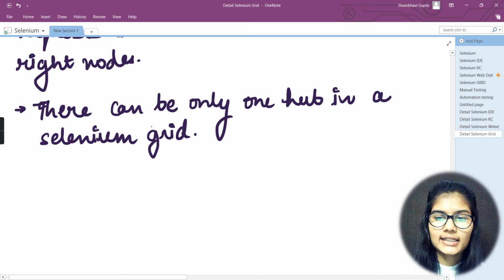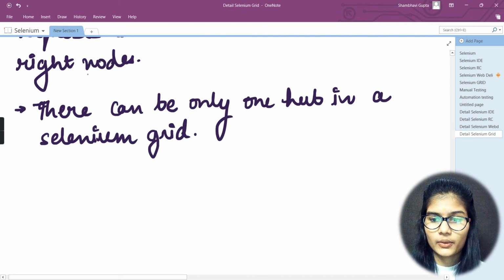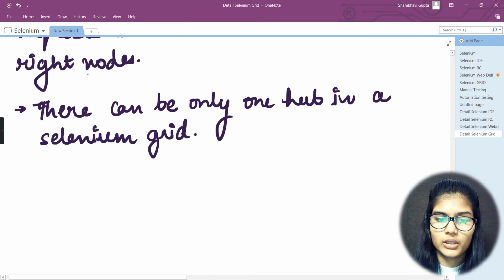In a Selenium Grid, there can be only one single hub. Please make sure you remember this, because it's one of the very important things.